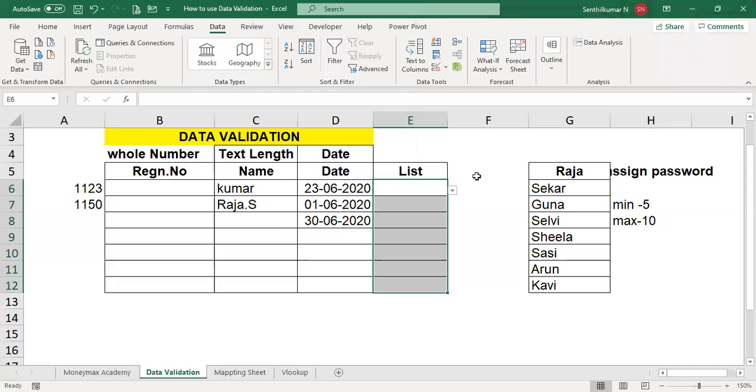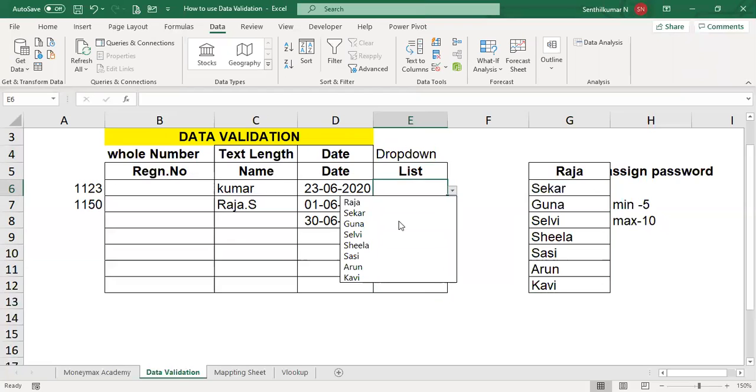Automatically a drop down will open. This is called a drop down arrow, drop down list. Now you have selected up to this. You don't have it here, but you have selected up to this. If you want to select, you can select from the arrow wherever you want.